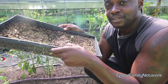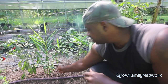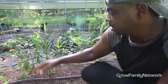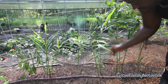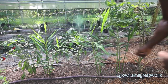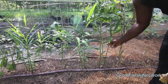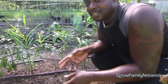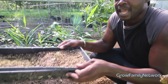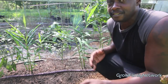Go to the store, buy you some ginger, and if you have one of these with a little soil, you're already ready. I'm going to show you that method, but if you look, here in the high tunnel is what I've been able to do, and you can see how beautiful this ginger is. I got a bigger one right behind me, and they're growing. Can you see that one? About a year ago, I had maybe about 3 rhizomes or so, and I've just been growing them. As I'm growing them, I'm breaking them, and that's been able to help me have ginger here,